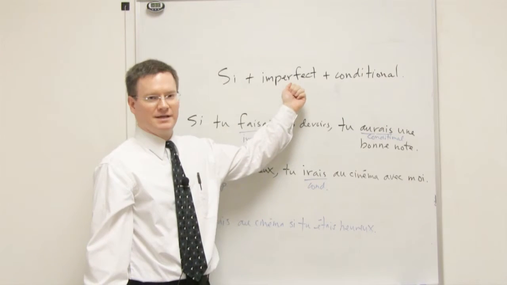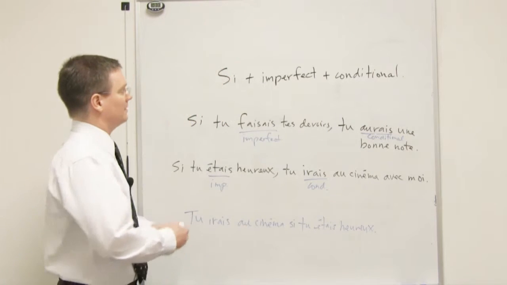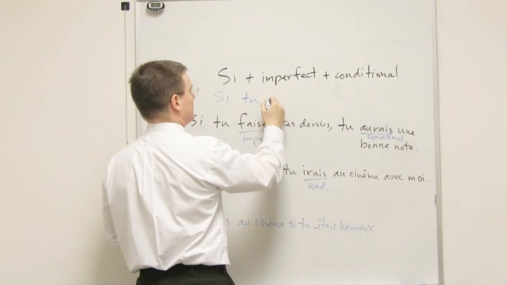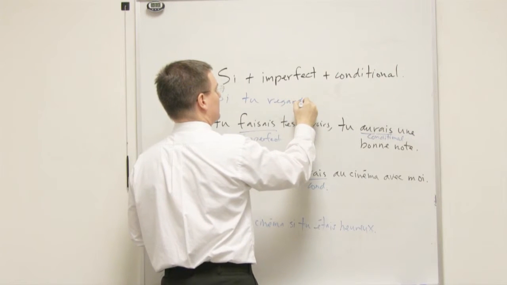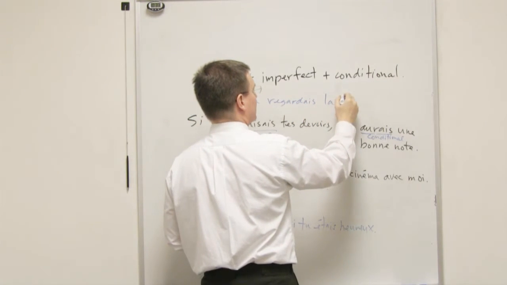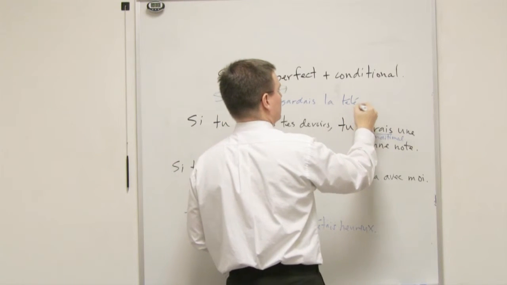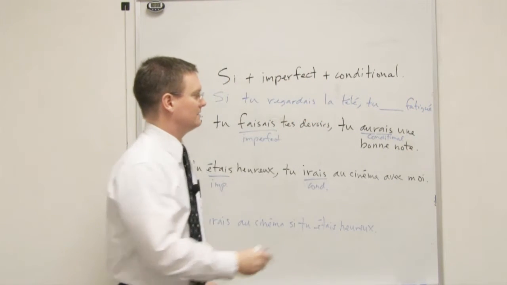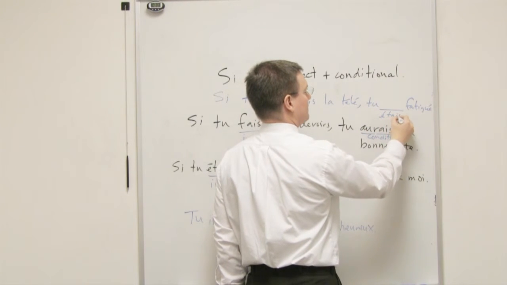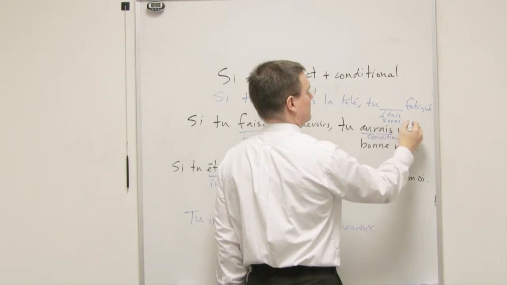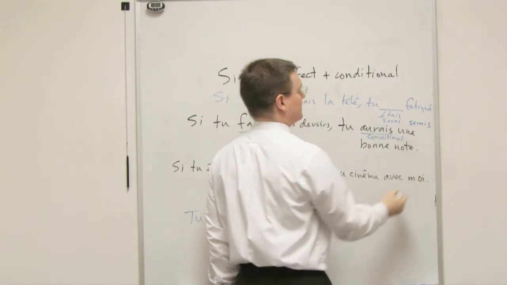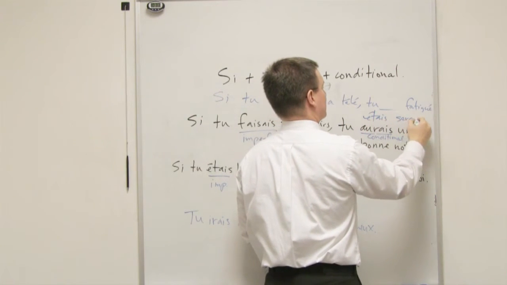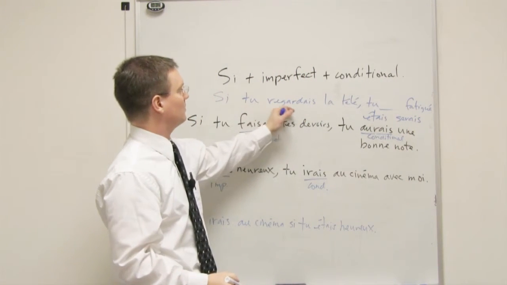So again, make sure you can conjugate these verbs really well. So if you're taking, for example, the test, and I give you something like this, si tu regardais la télé, okay, and I had different verbs here. Or let's put three here. Which one would it be? Would it be était? Would it be, let me write it larger. Would it be était? Or would it be serait? Okay? If you were watching TV,